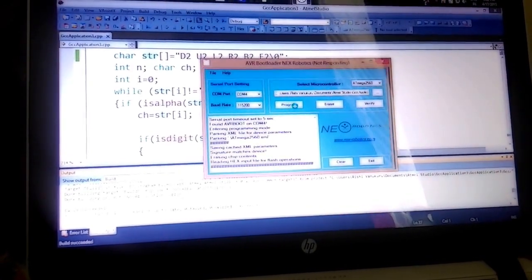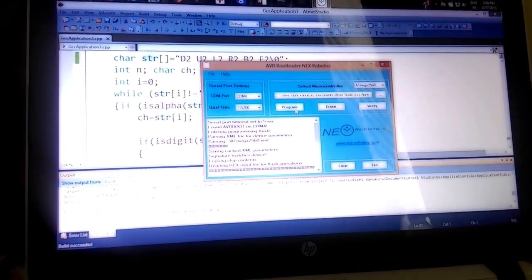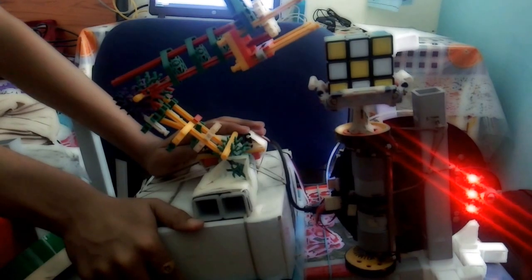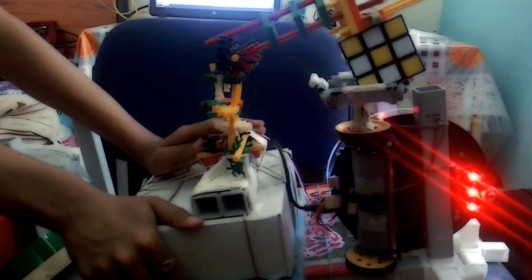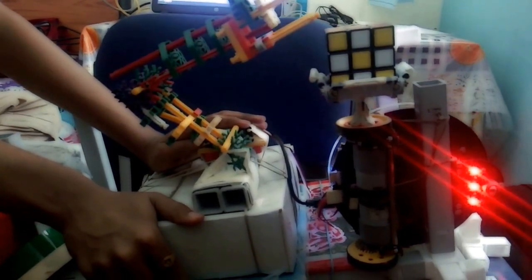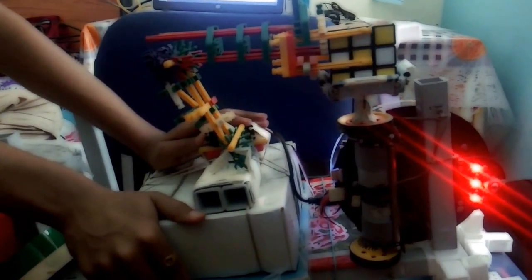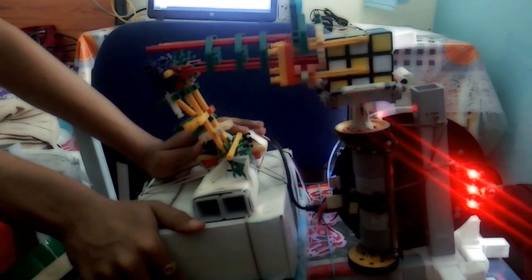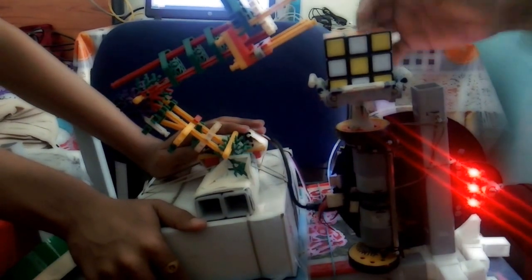What we have done is convert the solution that we've represented here in terms of movements of the Firebird. The movements of the Firebird are highly restricted, considering that we're using only one servo motor, as you can see right here. So we have converted each movement in terms of the standard orientation that we've already specified to you, and specified those rotations in terms of the constrained movements that the Firebird can execute.